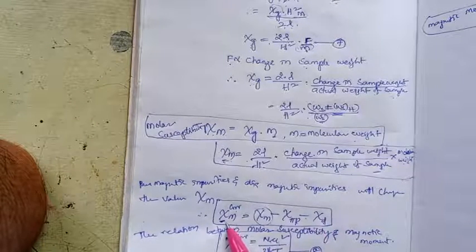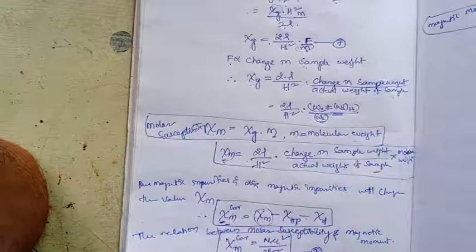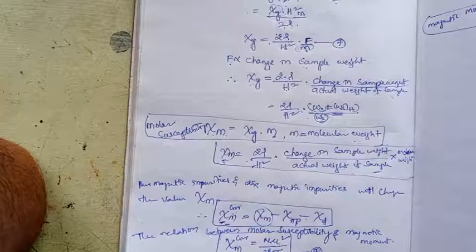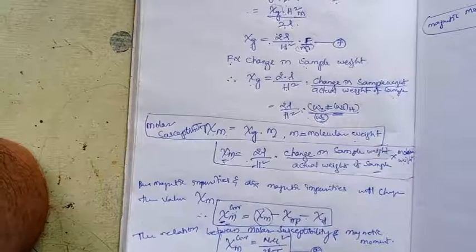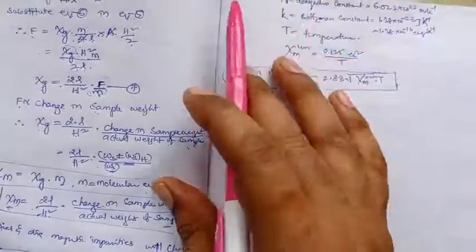This corrected molar susceptibility can be related to the magnetic moment of the substance: it is equal to N mu square by 3kT, where N is Avogadro number,